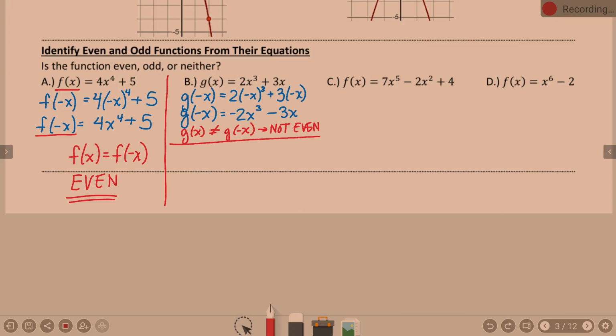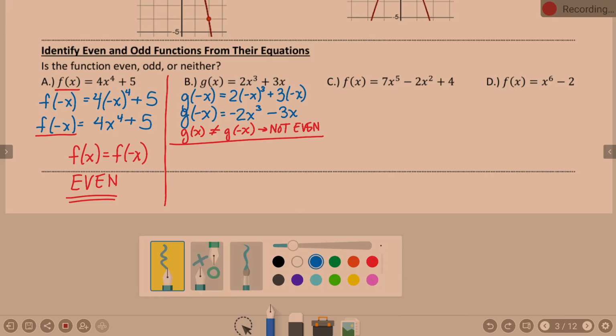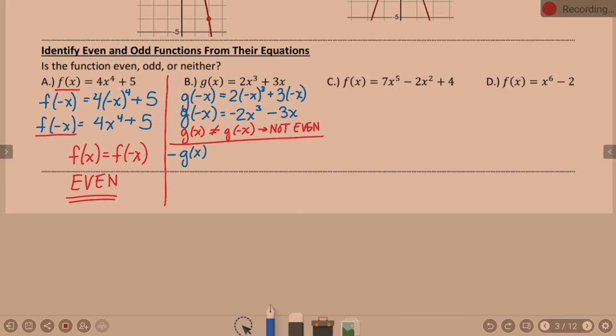So now, look up top at your odd test. If it's odd, f of negative x, or in this case, g of negative x, well, didn't we just find g of negative x is supposed to equal negative f of x, or in this case, negative g of x. So what do I need to find? I need to find negative g of x. That's what I need to find to decide my final answer here. Now, negative g of x says you take whatever g of x is and you multiply the whole thing by a negative. So I'm going to write it as negative parentheses